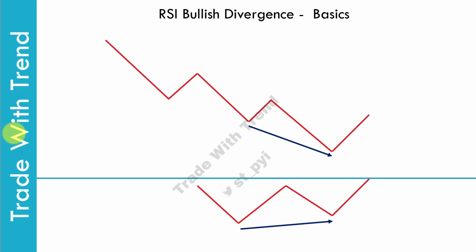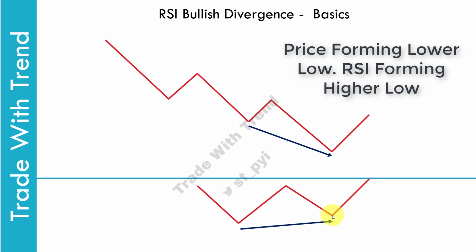So now focus on the chart in front of you. In the chart above, price is forming a clear structure of lower lows and lower highs. So if you look at this price structure, price has formed a low here and it has formed a low at this particular point. Now below price, this is the RSI indicator. Now what you can see is that below this low point comes the RSI low point, and below this price low point you can see RSI low point again. So RSI indicator is actually forming a structure of higher lows. That is, this low point is higher than the previous low point.